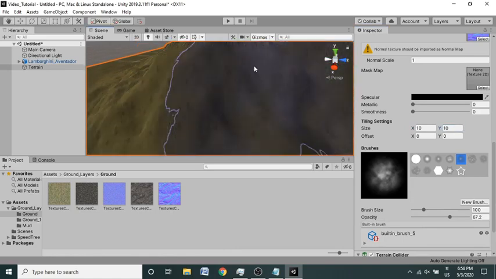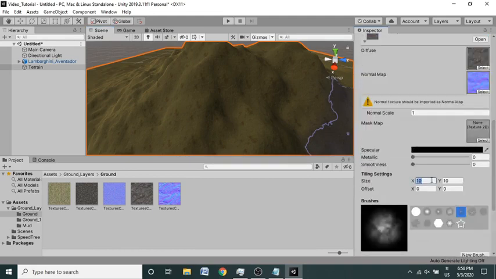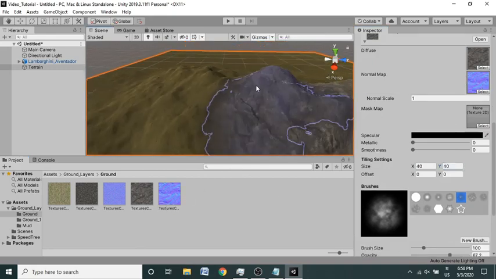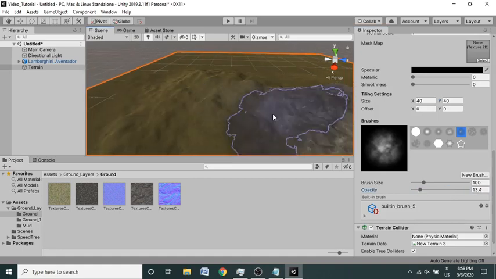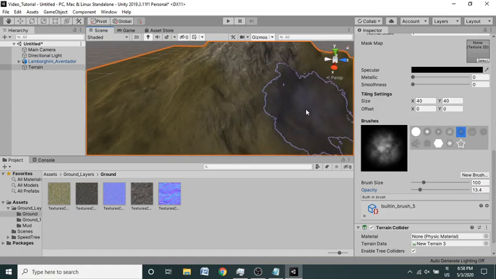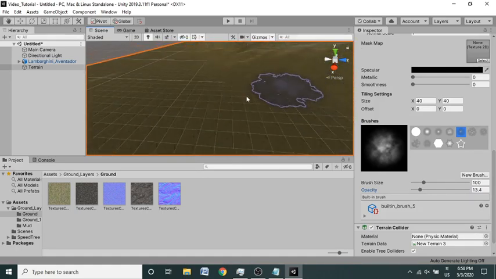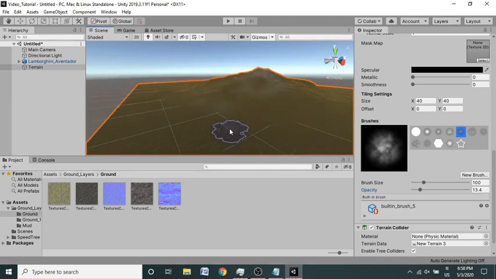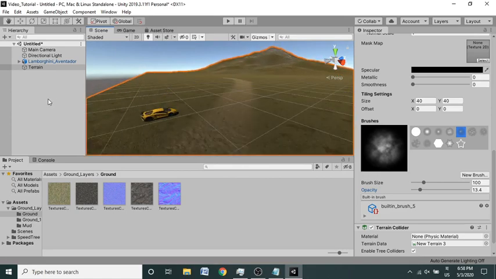Just like that you can start drawing. But 10 by 10 is still too small for this. I think 40 by 40 is completely fine. Just drag and drop this again. Yeah, 40 by 40 is completely fine, but the opacity is too much for this. I'm just gonna draw a little details around here like this. You can see the details are coming up in a really good way. I think yeah, this detail, something around here.